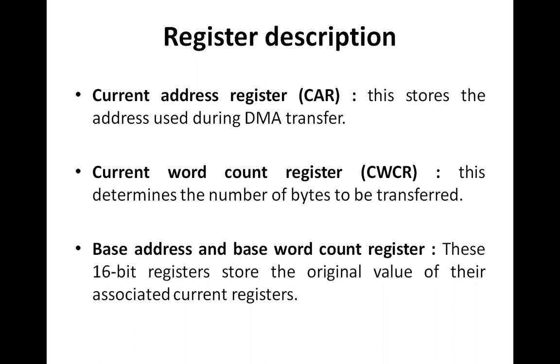So what is happening is, suppose a particular address is available in the current address register and the copying operation has been done, then the content of the current address register will be incremented by 1. It is done by the incrementer. So the next time, the current address register will have either the incremented form of the address or the decremented form of the address by 1.